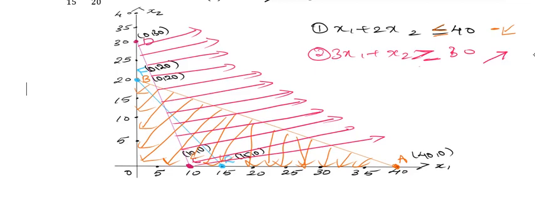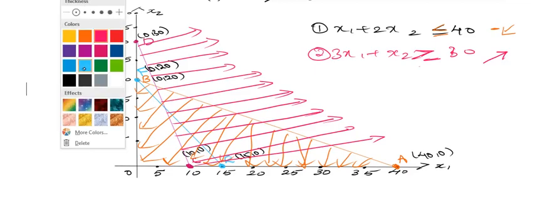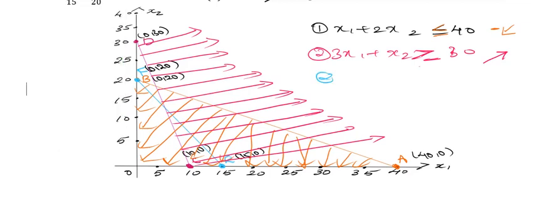Okay. Now the third color, that is the third constraint we have used, is blue. So I am highlighting it blue. Take the constraint. So what is the constraint we have? 4x1 plus 3x2 is greater than or equal to 60. Again it is an inequality of the greater-than type. So use the upward arrow mark from the blue line.